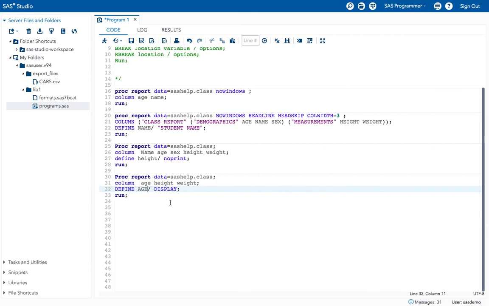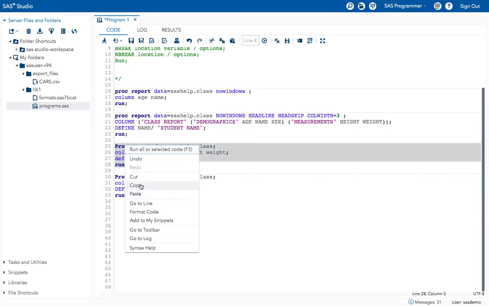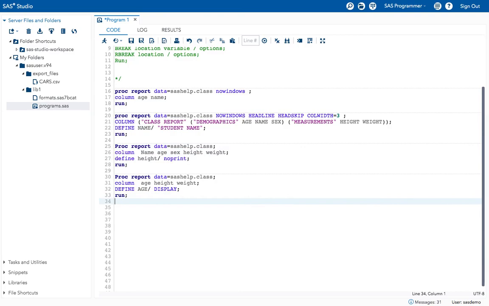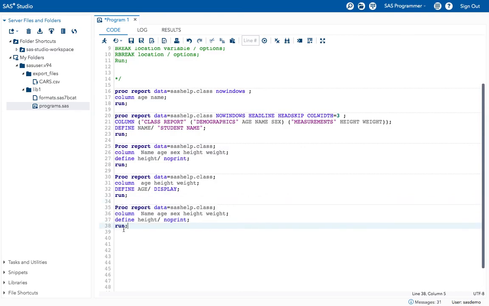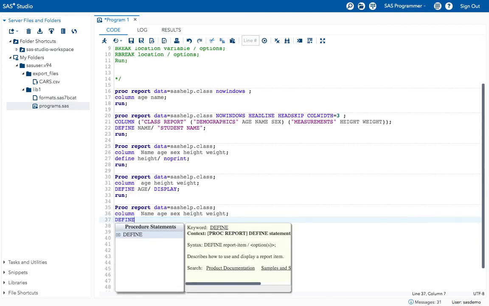Now the next one is using the order option. See, I'm taking the same example again. Now I want to order these data values by using the order option.